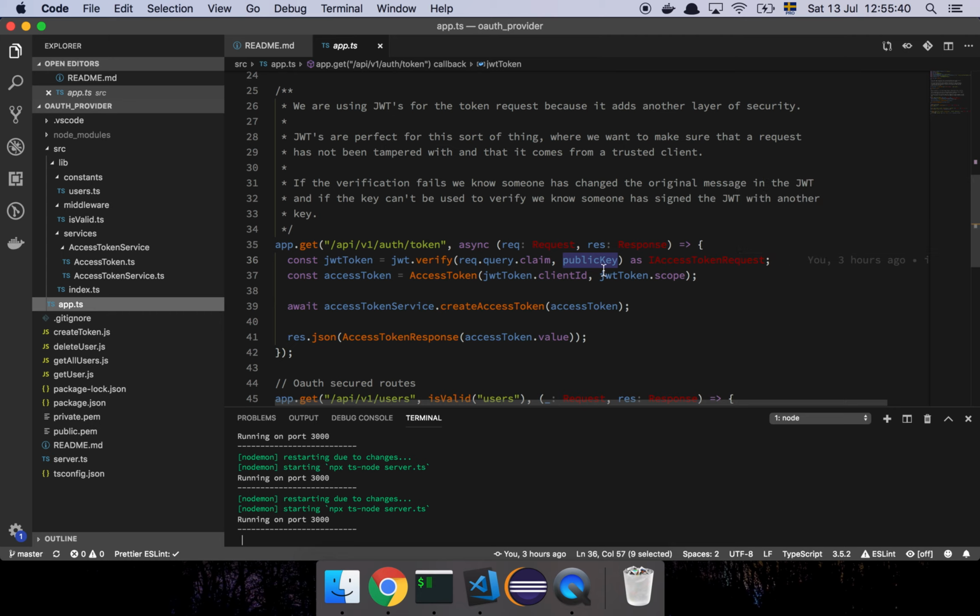But by doing this, it becomes extremely hard for them to do this, because it's not just a static string that we're signing with, so it's hard to brute force this or anything like that. And at the same time, what I really like about this is that since we only have the public key,